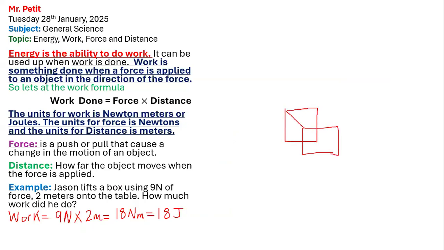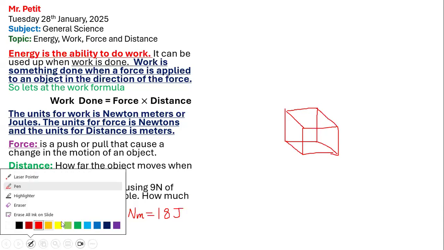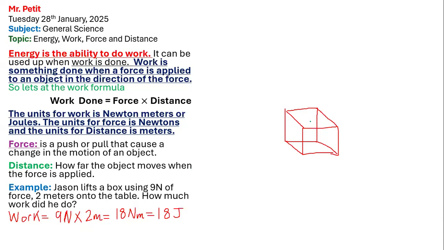What does that J stand for again? Joules. So the only time work is done is when the force that this person applies acts on